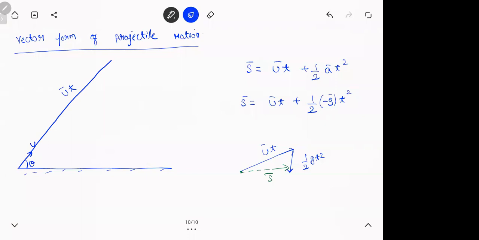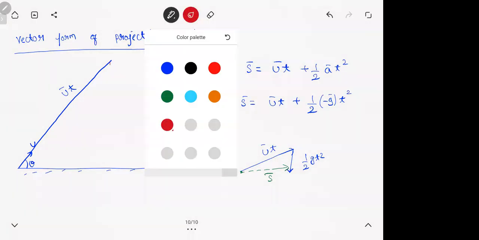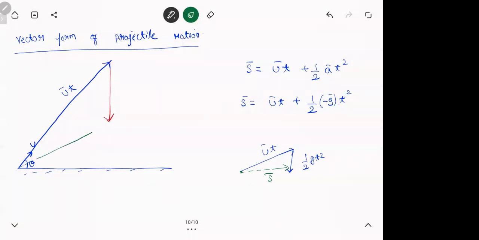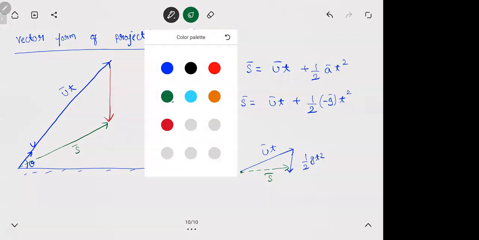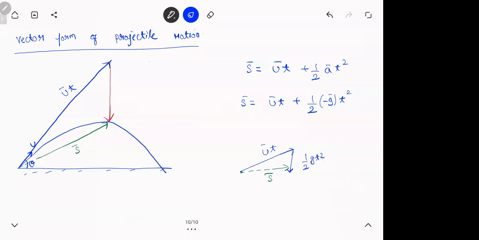Now, if there is gravity, what will happen? It will fall down. That means where is the particle? The position is this now. Getting it? So for different times, let's say 1 second, 2 seconds, 3 seconds, if you do this for different times, you will observe all these points will lie on a parabola. Meaning 1 second here, 1 second you're here. Second, third second.